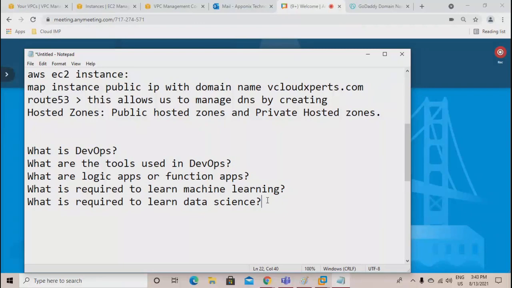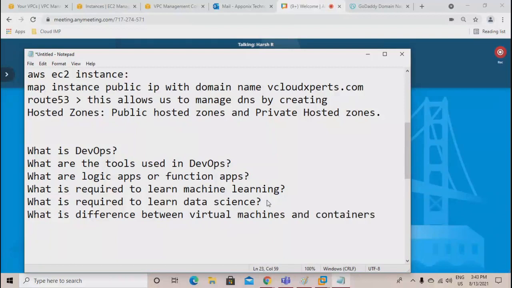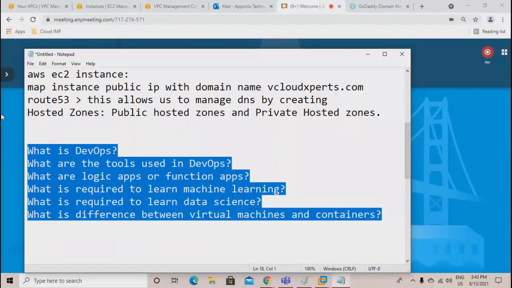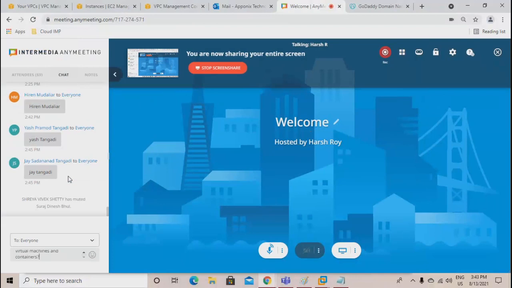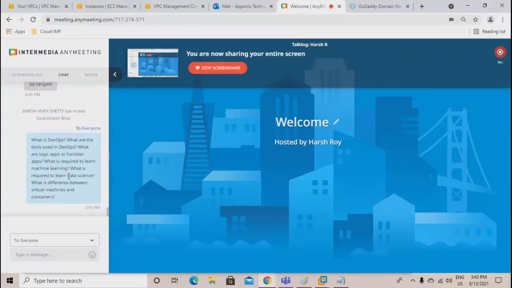And one more, that is, what is the difference between virtual machines and containers? I'm putting this in chat. Please take it from there. So again, I'm saying I'm not expecting any PowerPoint presentations. Whenever you speak on any of this, you should be able to answer and provide the relevant information.